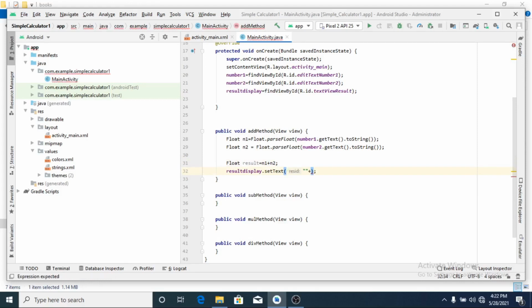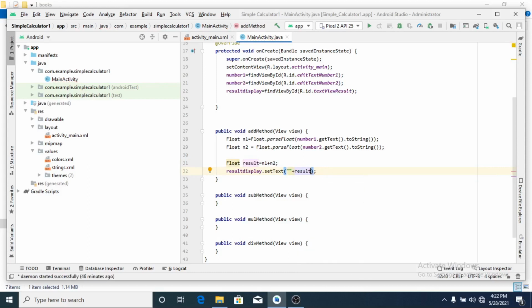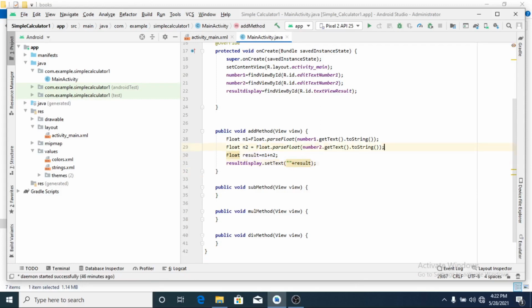Plus result, right? I got my result to display. This is the floating point, but because of the string concatenation here, it is converted into string, correct? Okay, then I have written the first method, that is the add method.